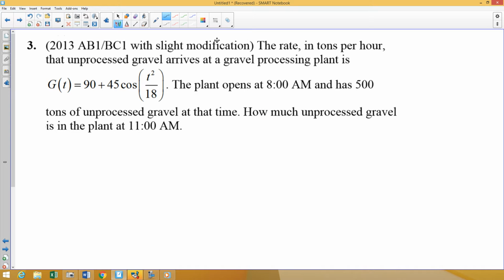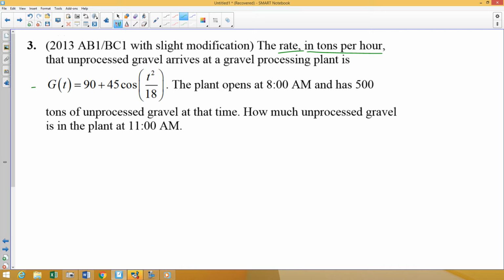And this one is modeled after a question on the 2013 AP exam. I altered it a little bit to make it less cumbersome than what was on the AP exam in 2013. So we are given the rate in tons per hour. I'm going to pay attention to units because every now and then they get evil and they flip up units on you. So the rate in tons per hour that unprocessed gravel arrives at a gravel processing plant is